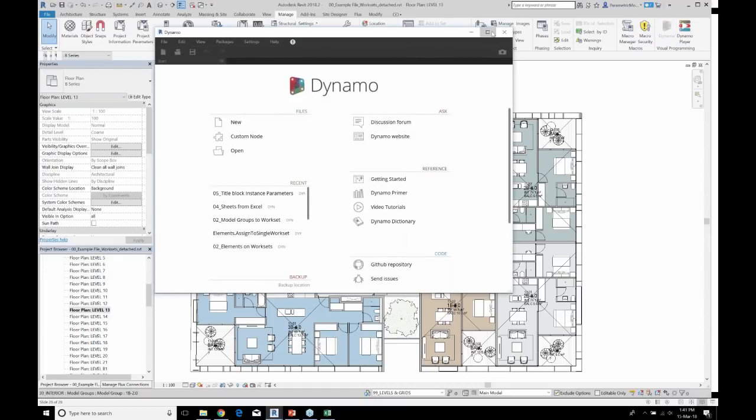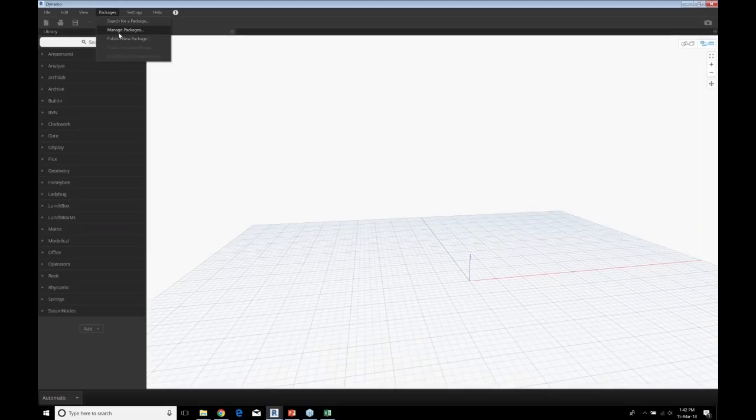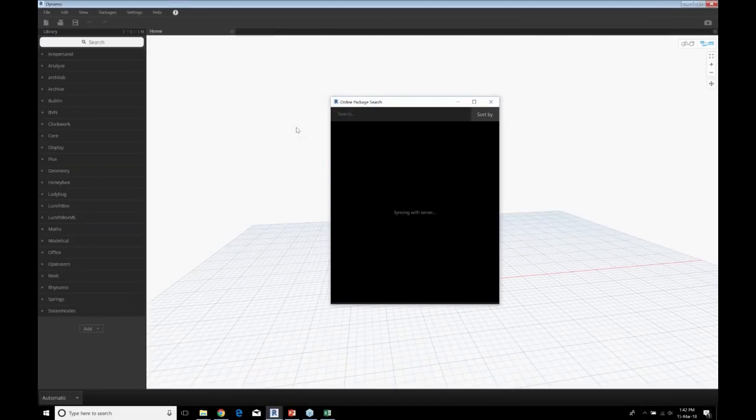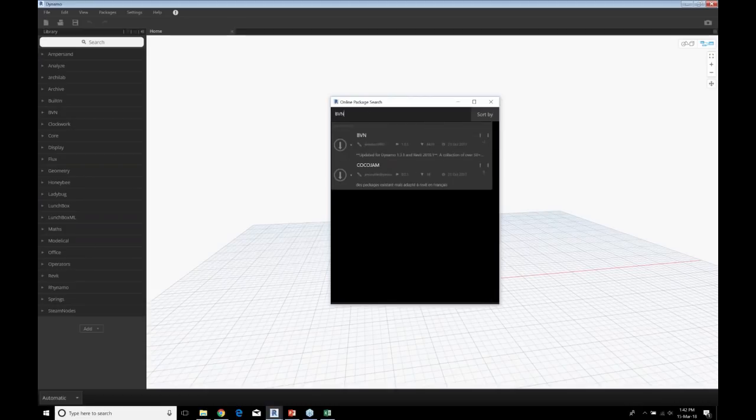But if you open up Dynamo and go up here to packages, you search for a package and manage packages. There's a little bug here: you need to wait for it to finish syncing before you start searching. And if you type BVN, you can download it here.